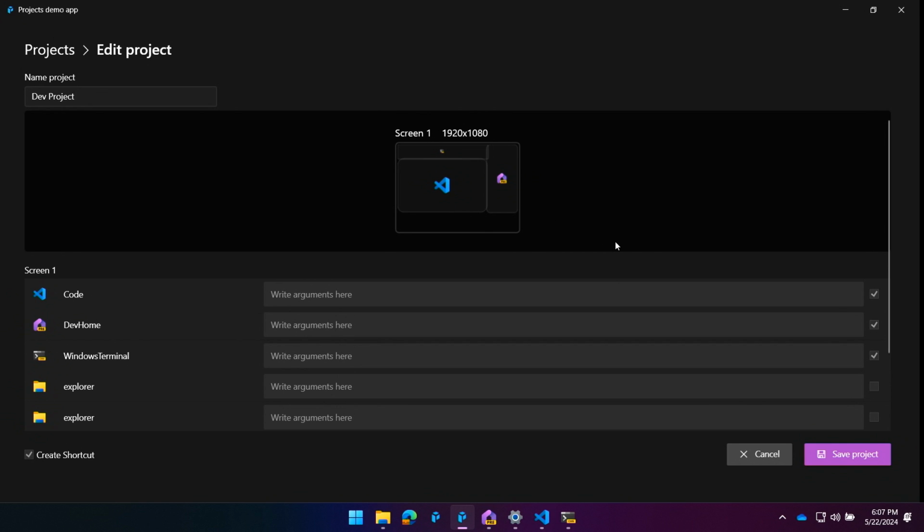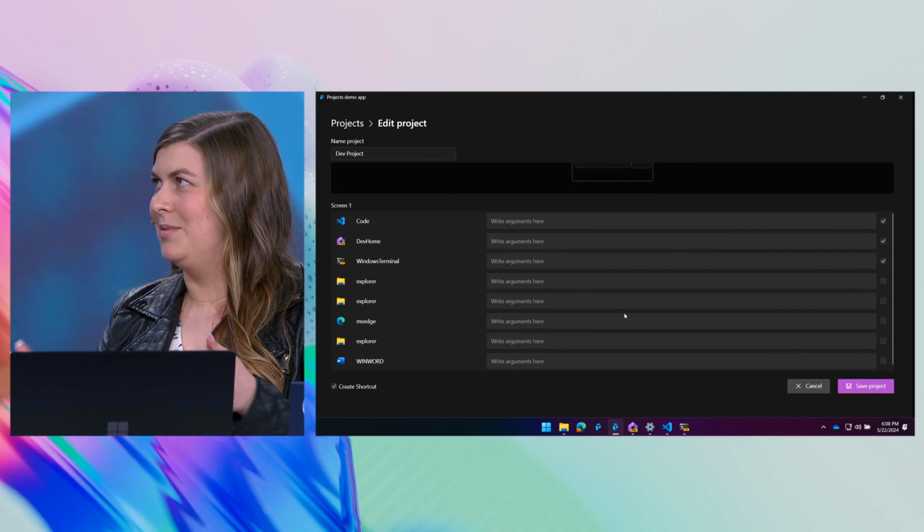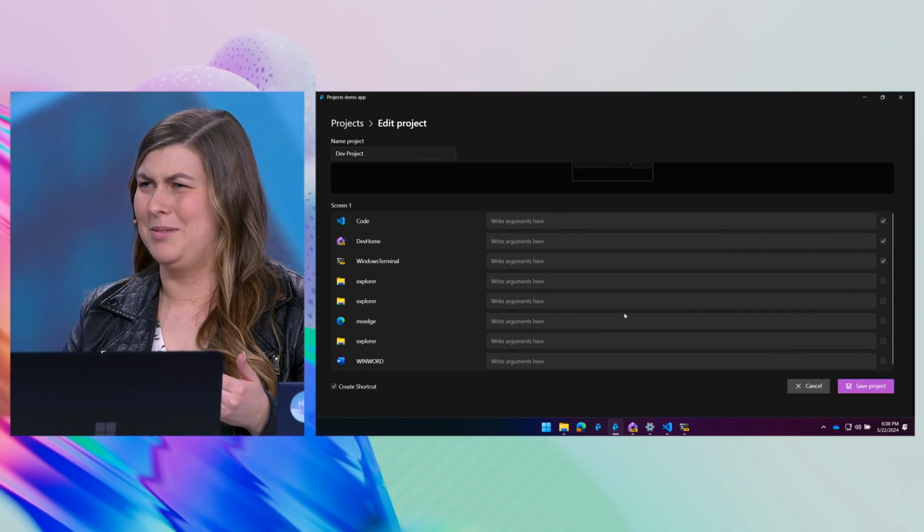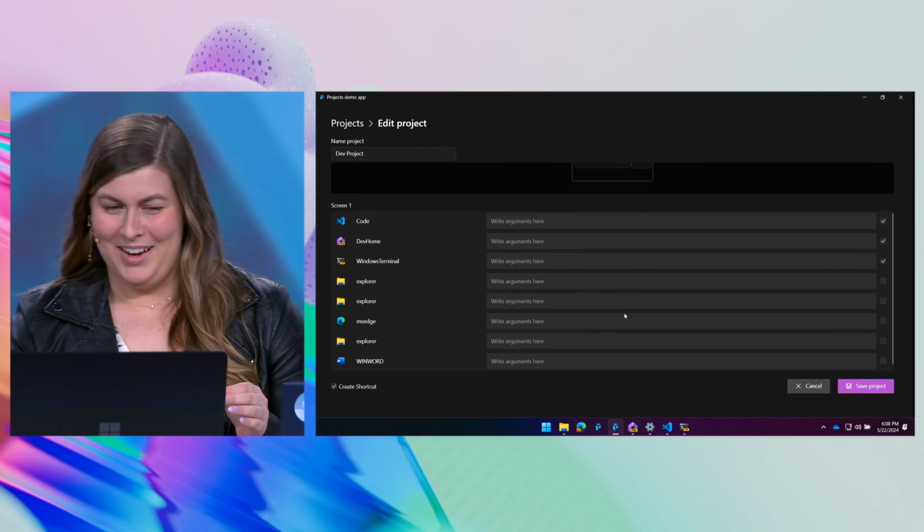And when I made this project, it takes a snapshot of what's running on your machine, both minimized and also in a window. So I can keep things warm and launch them as minimized, and I can select which ones I want to actually launch. So I had File Explorer a couple times. I'm not big on the tabs yet, even though I helped put tabs in Terminal. So you can go and say, make it like this. It'll put it in the editor. You can then customize it to taste and save it as a project. Yeah, exactly. So this just helps save time.